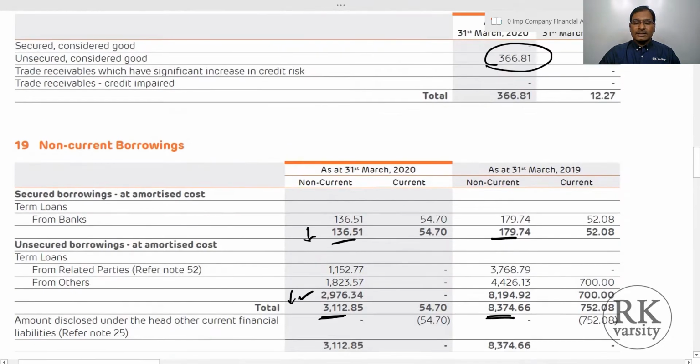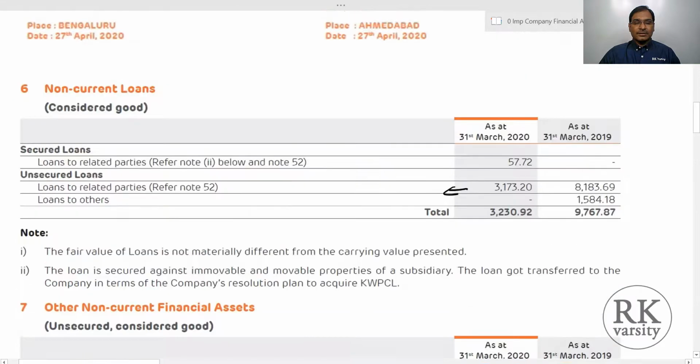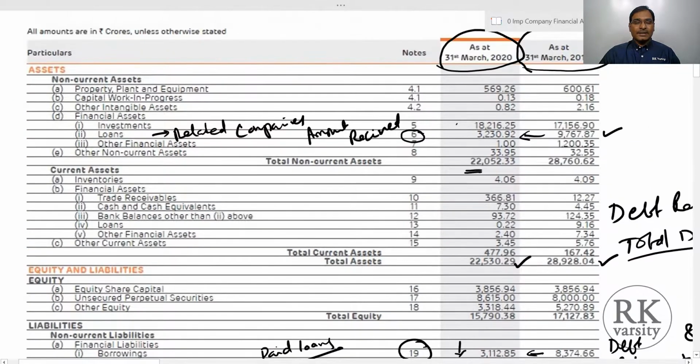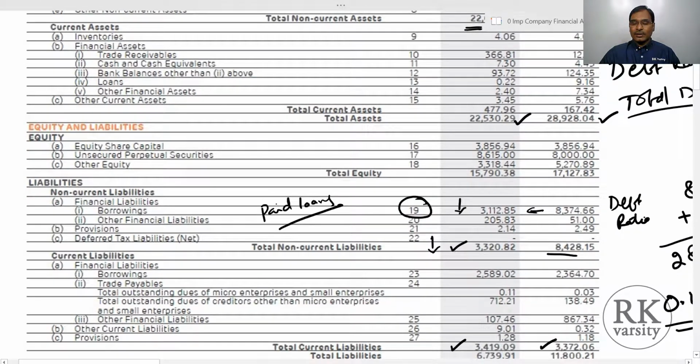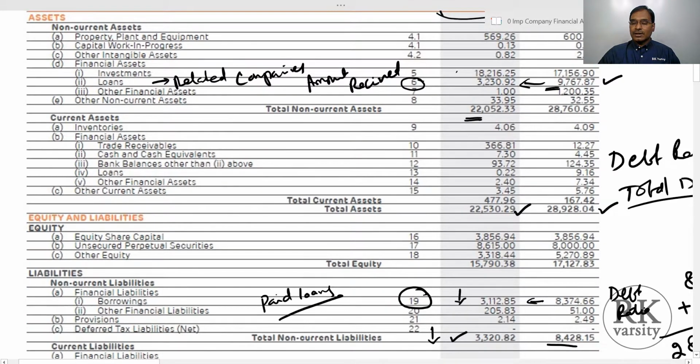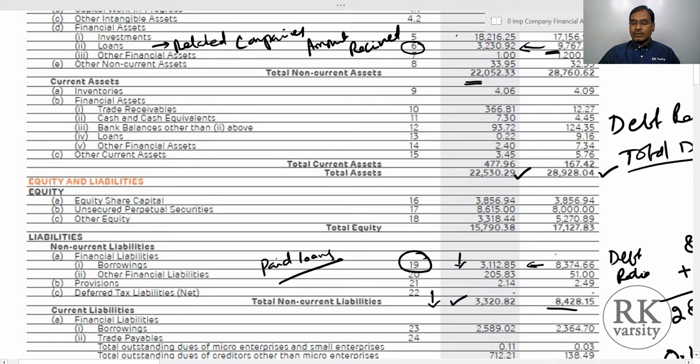Now, from this balance sheet of Adani Power, one thing that I am not able to understand is, when the company itself is in need of loans, why is it giving loans to related companies? Here it has given about 9,000 crores to the related companies, and borrowed around 8,000 crores from the related companies. Now, why is this?